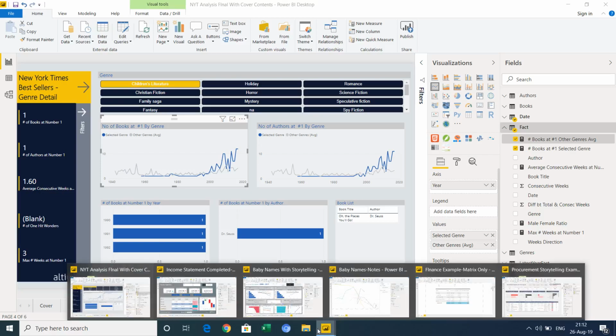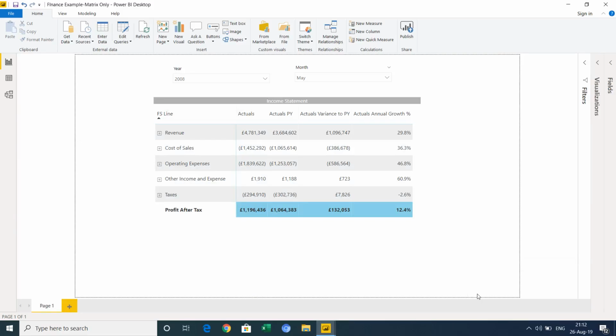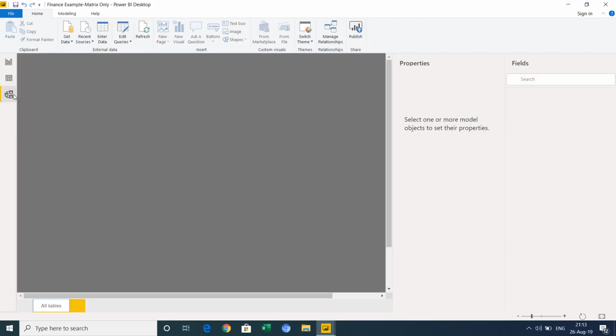Next I wanted to show a finance example. This is something I did recently. I started a kind of user group community, if you like, around finance with Power Platform. And one of the things I did with this is do a run through of an example with finance data and showing how to present it in Power BI. So what I started with is building up something that might be some of what looks like a notes. So it's fairly exploratory analysis.